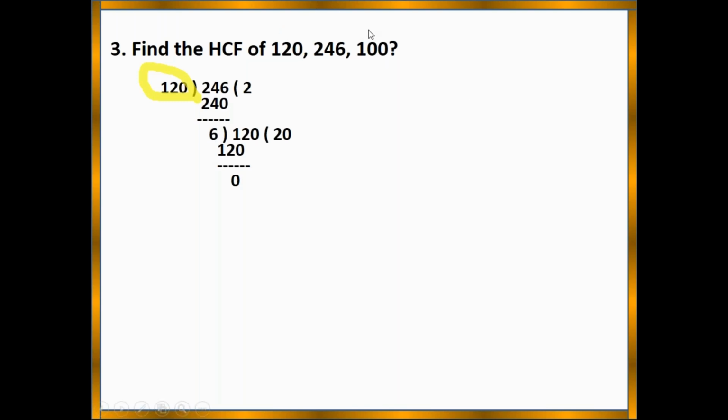But we have the third number also. Whenever we have the third number, please check whether this 6 divides 100 or not. In there, 96. Remainder 4. If the remainder is not equal to 0, 4 is the divisor for the previous divisor. Previous divisor is 6. 4 1s are 4. The remainder is 2.